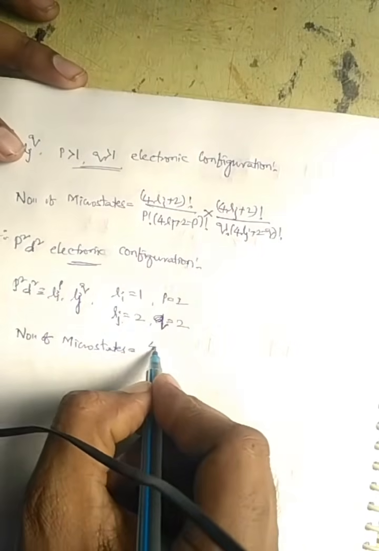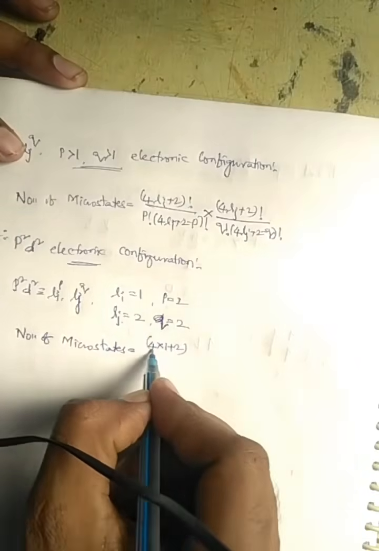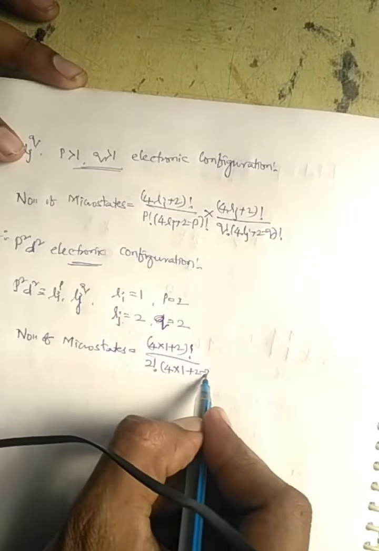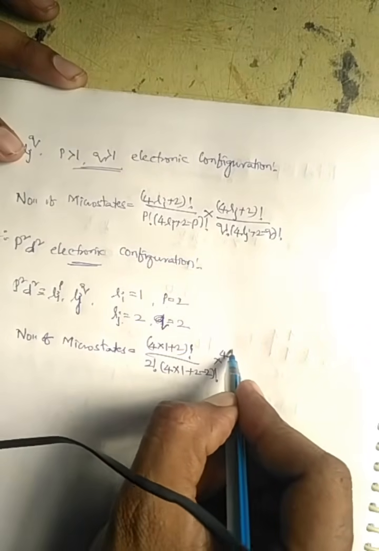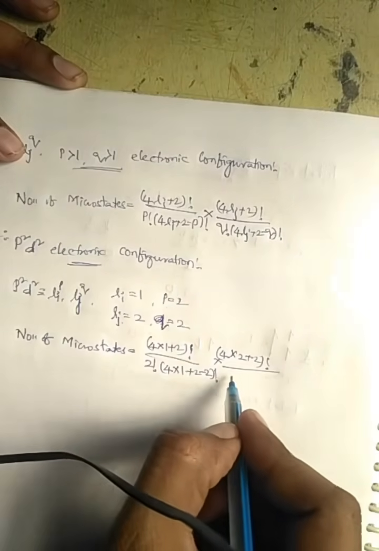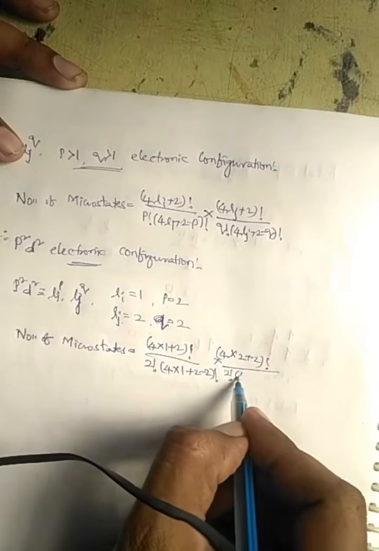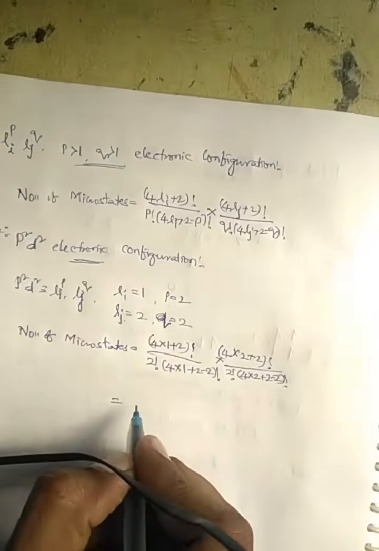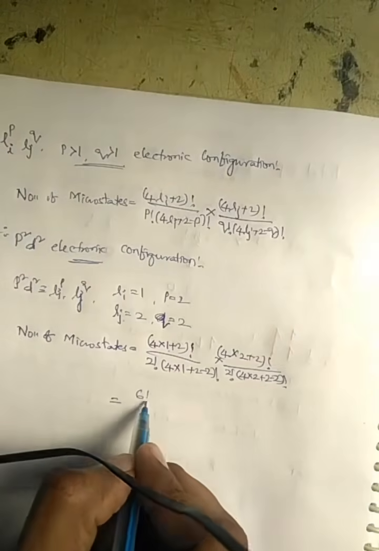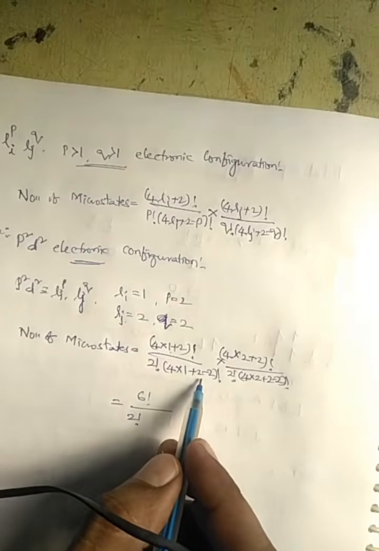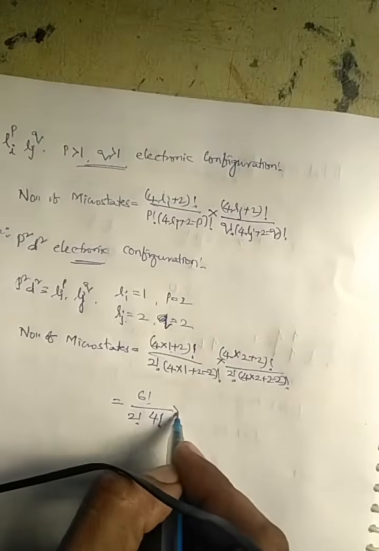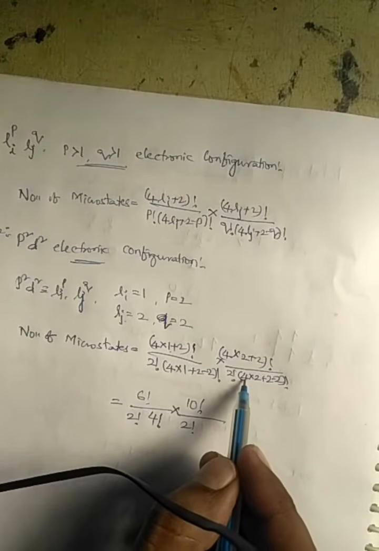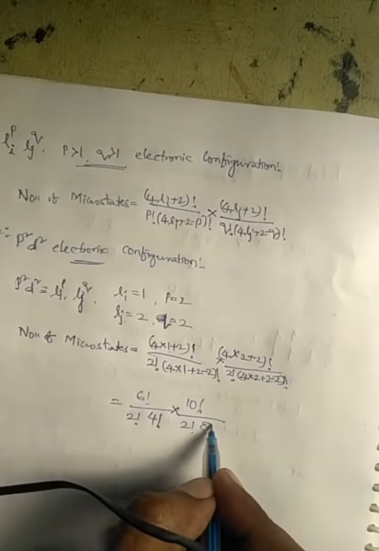where we have to substitute all these Li, Lj, P, Q values in the third formula of microstates, that is equal to (4 into Li, 1, plus 2) factorial divided by P factorial, nothing but 2 factorial, in multiple with (4 into 1 plus 2 minus 2) factorial, in whole multiplication with 4 into Lj value is 2, (4 into 2 plus 2) factorial divided by Q factorial, nothing but 2 factorial, in multiple with (4 into 2 plus 2 minus 2) factorial, which equals 4 into 1 is 4 plus 2, nothing but 6 factorial divided by 2 factorial in multiple with (4 into 1 plus 2 minus 2), nothing but 4 factorial, in whole multiplication with 4 into 2 is 8, 8 plus 2 is 10, 10 factorial divided by 2 factorial in multiple with 4 into 2 is 8, 8 plus 2 is 10, 10 minus 2 is 8, so 8 factorial,